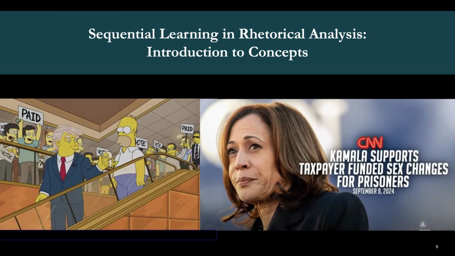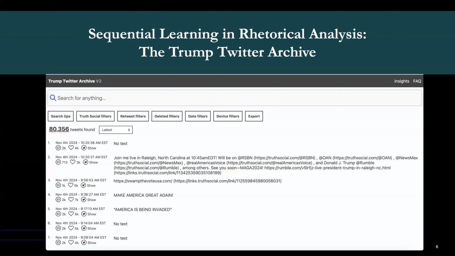These initial activities equipped students with the skills to critically assess visual and audio sources, preparing them for a more complex analysis in the next activity, which was an analysis of Trump's social media posts. Building on their foundational understanding of rhetorical concepts, students analyzed social media posts from both the Trump Twitter archive and Truth Social. In groups, they first selected a topic that was related to Trump's political rise or presidency, such as